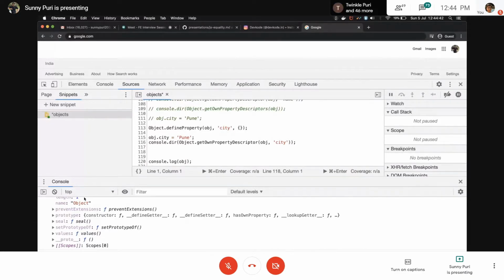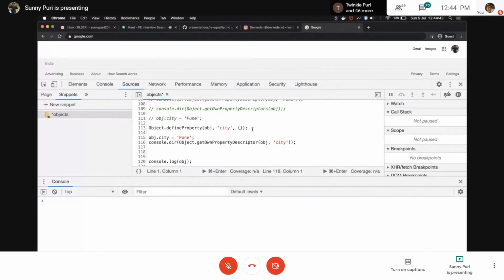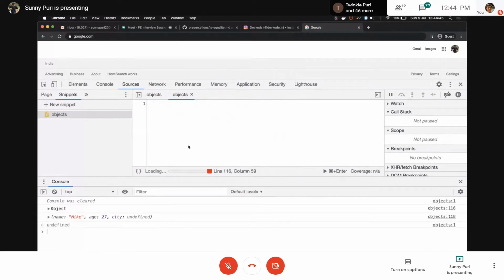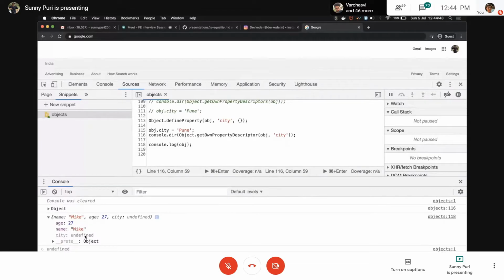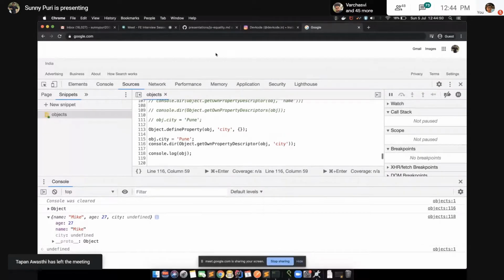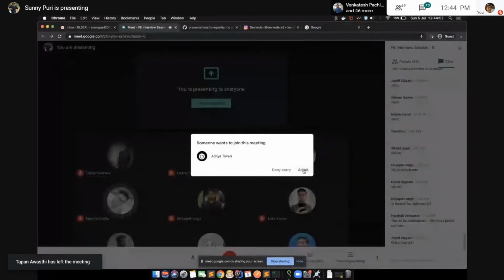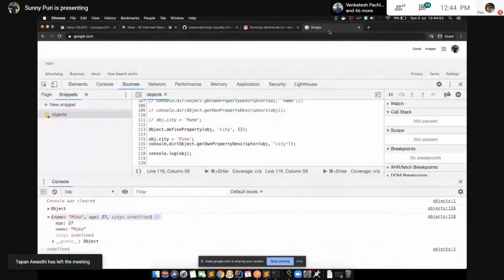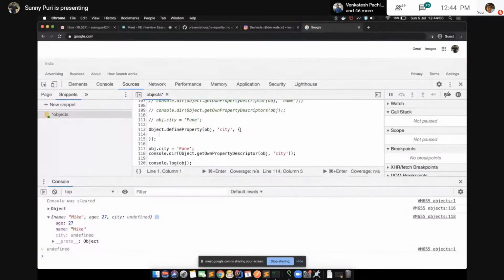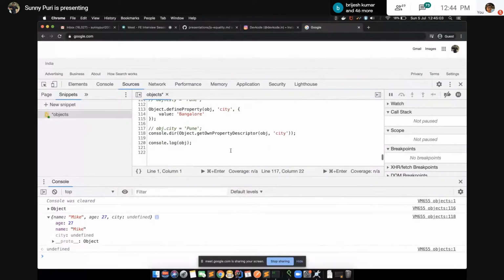So in this case, it is saying writable is false, so it means we cannot write it. Let's pass some default value. Okay, so I passed Bangalore. Let me make it empty.